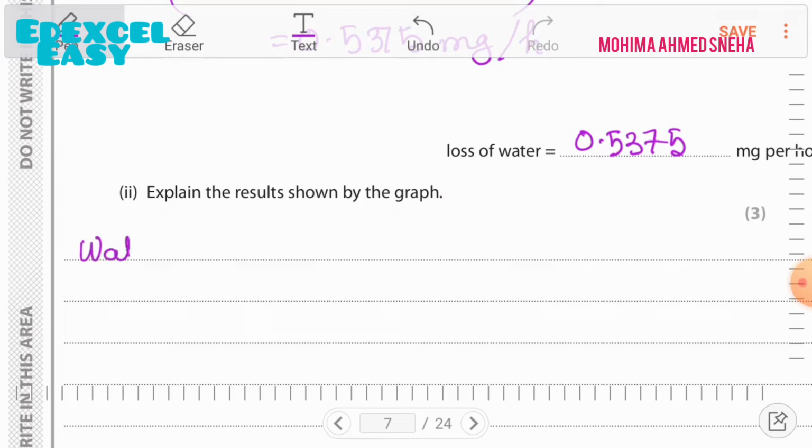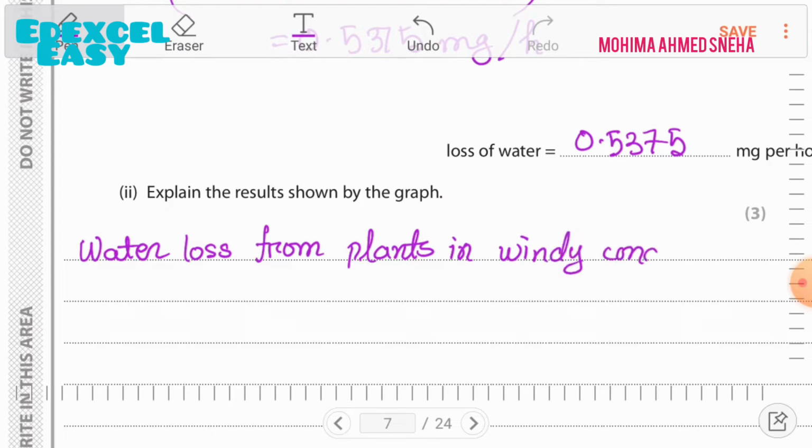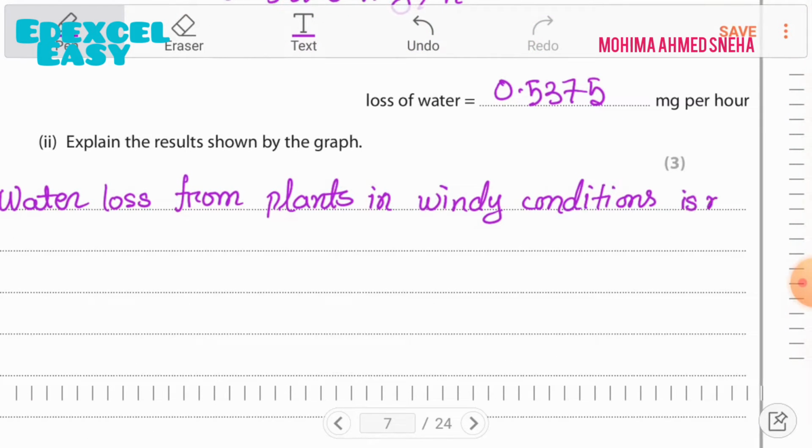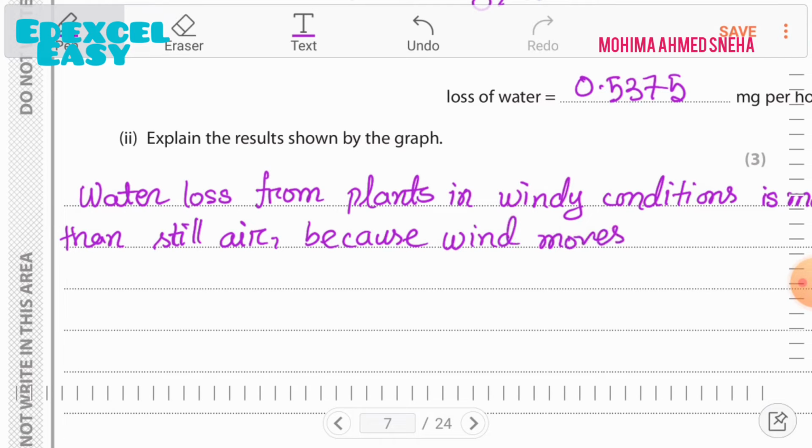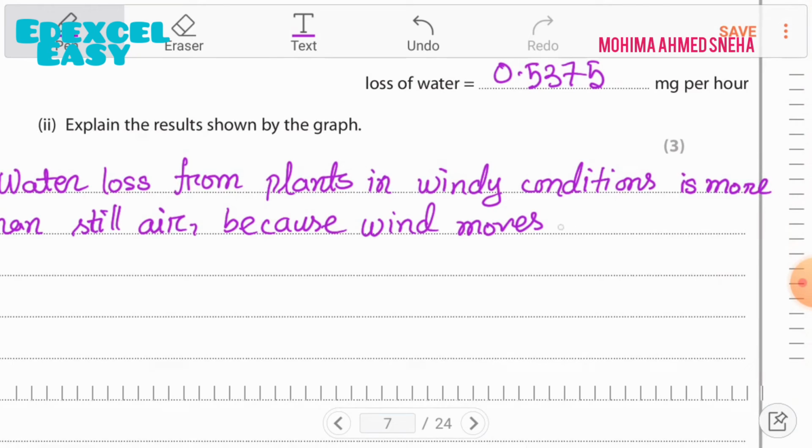Water loss from plants in windy condition is more than still air, because wind moves water away from the plant source